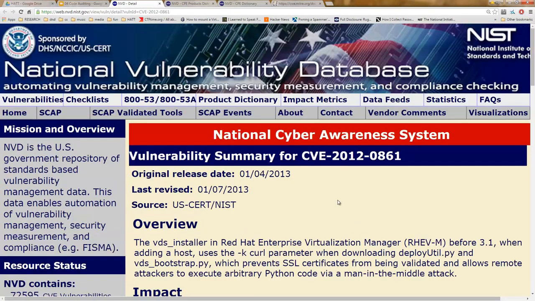This is the NVD entry for the given example. Its identifier is CVE-2012-0861. The first number always dictates the year in which the vulnerability was disclosed and processed by the